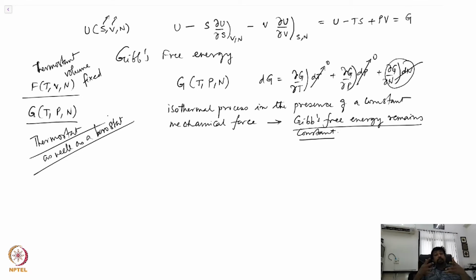So in that case, the Gibbs free energy remains constant throughout the process. So now we have seen how to use Legendre transformation, and we start off with this and slowly can eliminate the generalized